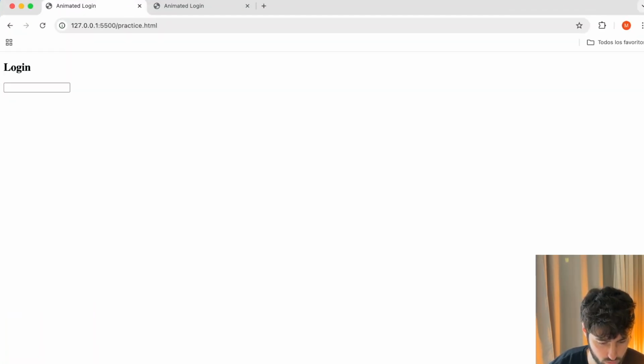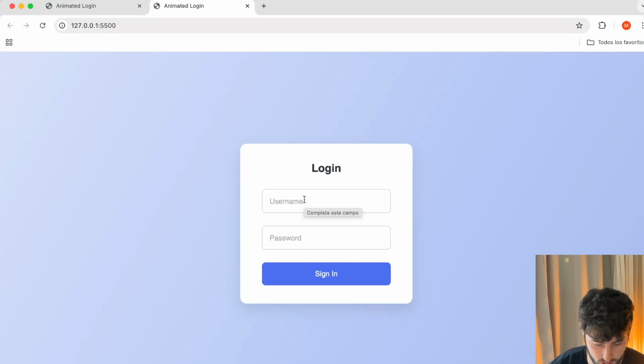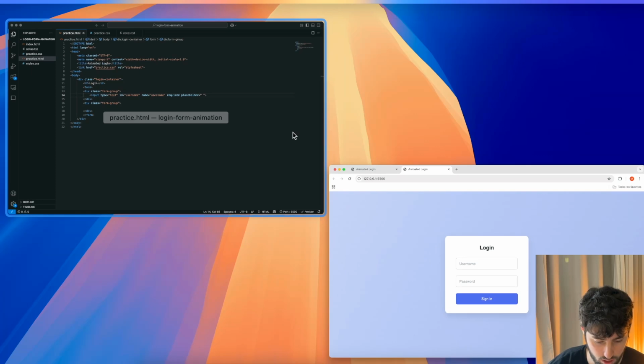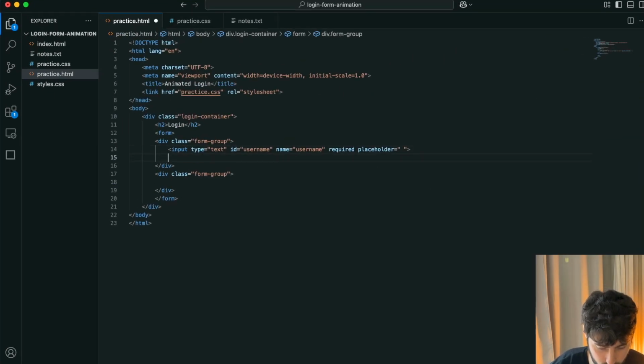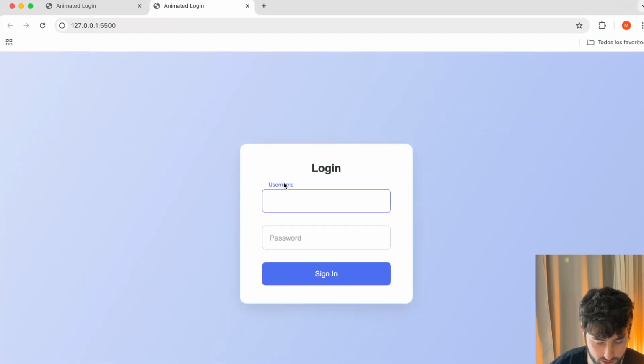If you see here in the final solution, we're starting with a blank, just a space placeholder, but then we're going to add a label that's going to be that placeholder, and then it's going to go outside like so. So that's what we're going to be working on. We're starting with a blank for now, and then we're going to have the label. Normally I put the label before the input, but in this case we're going to put it after, because we're going to use a certain type of selector to be able to manipulate the label so that it appears inside the input and then shows up outside once you click within. So we're going to go through all that,